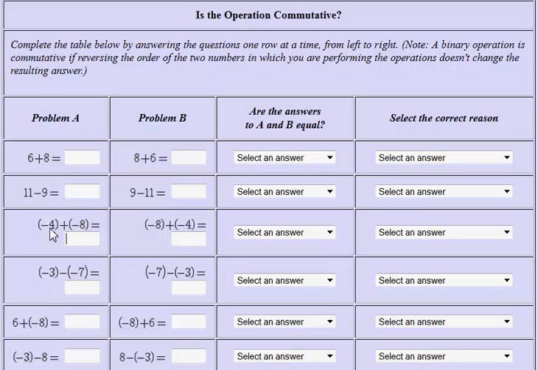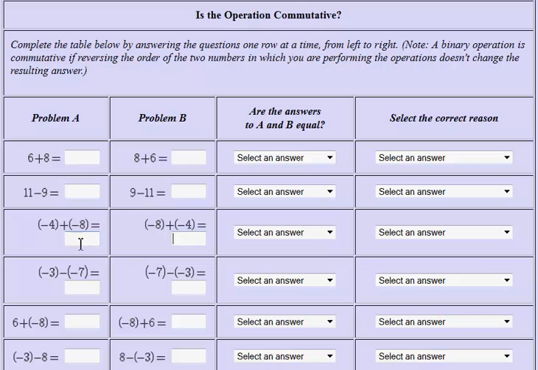Notice they have -4 added to -8. That's problem A. And then problem B is always the same, except they change the order in which you are to perform the operation. So rather than doing -4 plus -8, they're asking for you to do -8 plus -4. So it's the same operation of addition, they just change the order in which you are adding the two numbers. And if you get the same answer for problem A as problem B, then that would mean that addition is